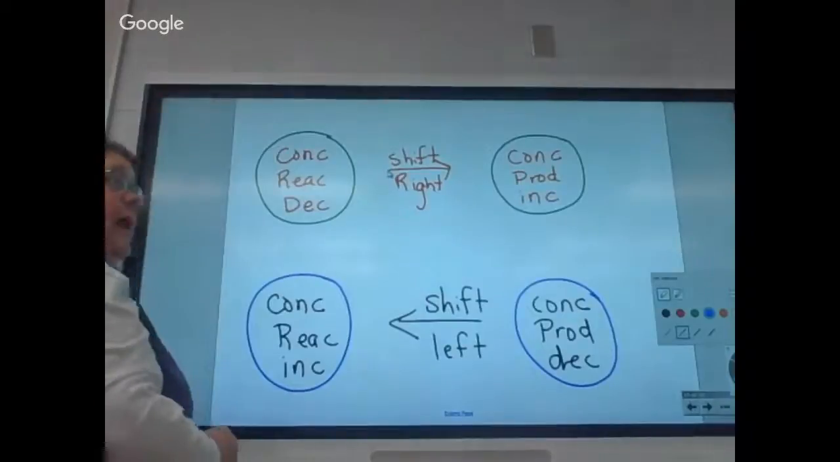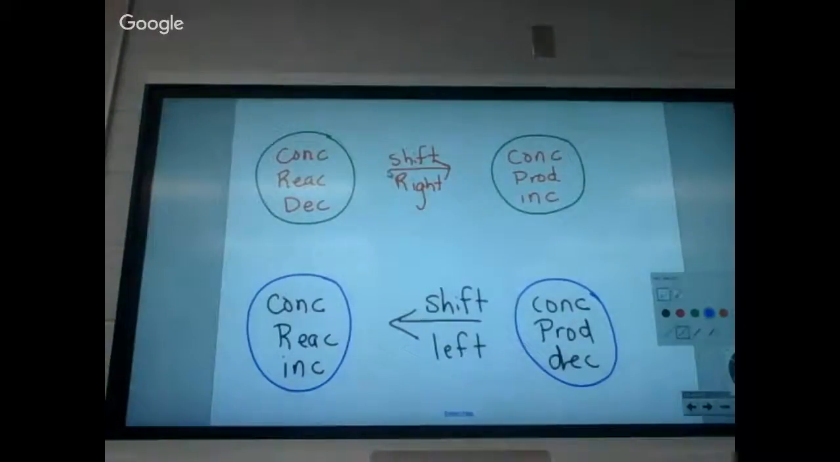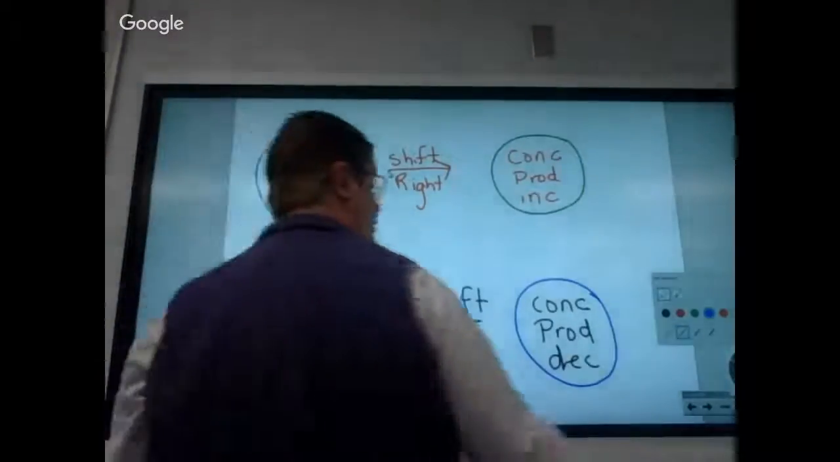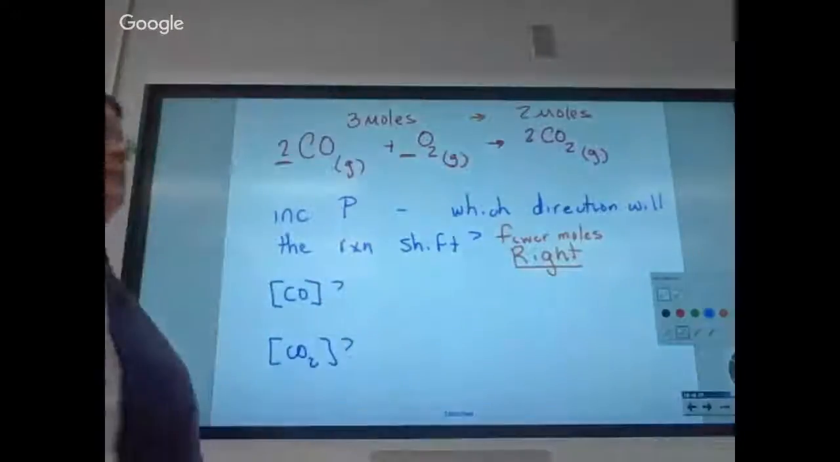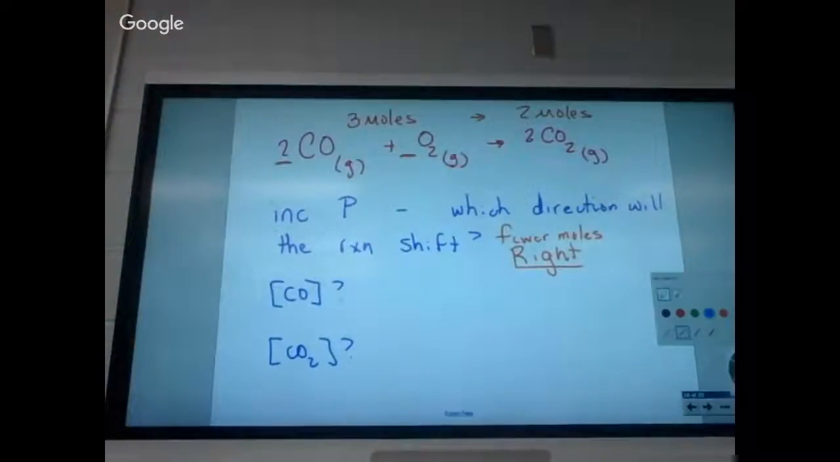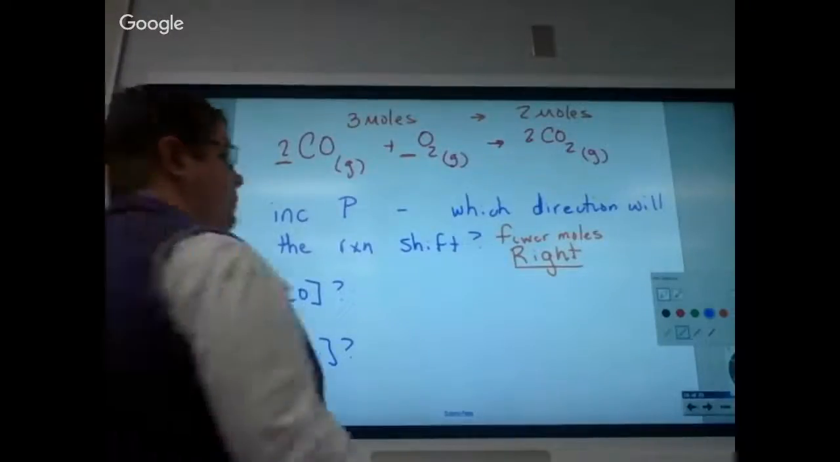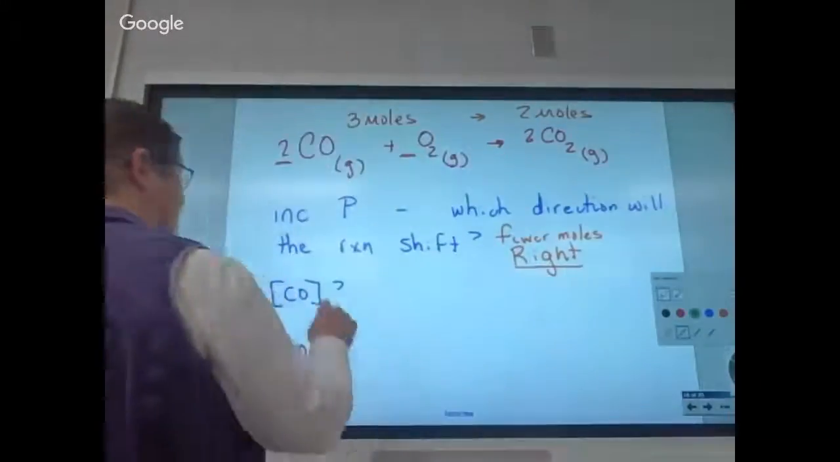So if we go back, pay attention now. Don't zone out on me. You're going to get lost quick with this. So if we go back to what y'all told me, you said it shifted which direction? To the right. So if I ask about CO,